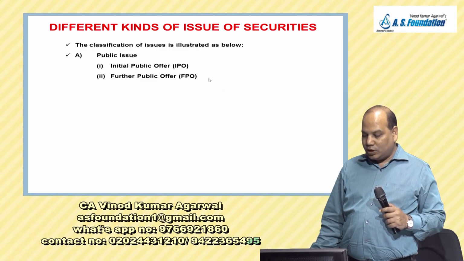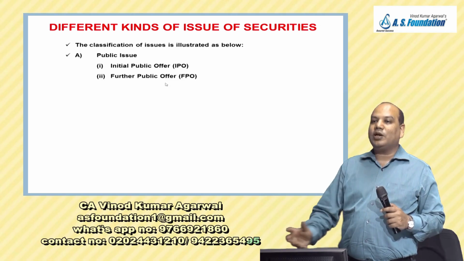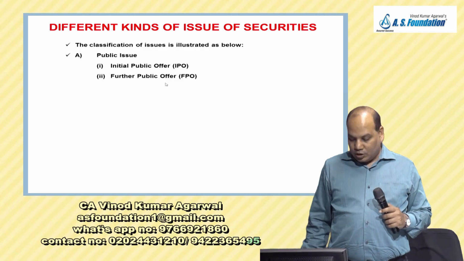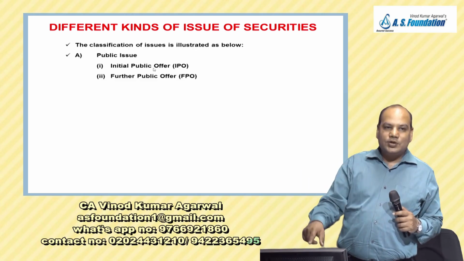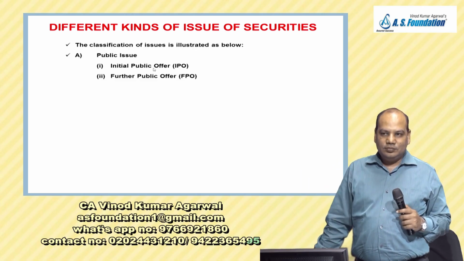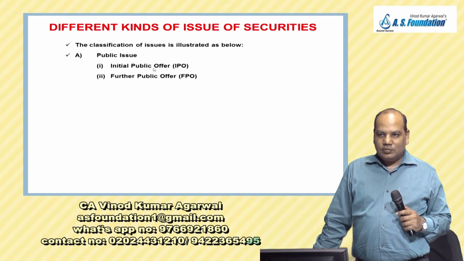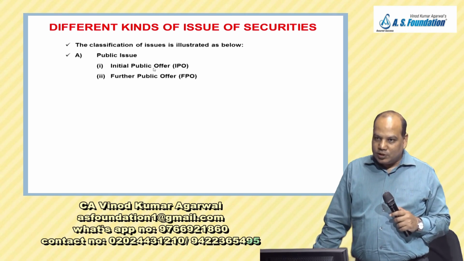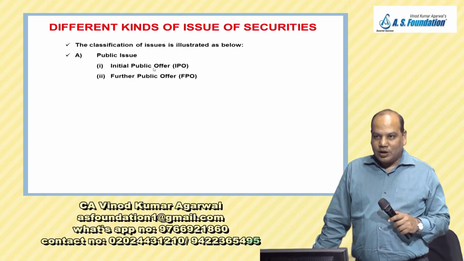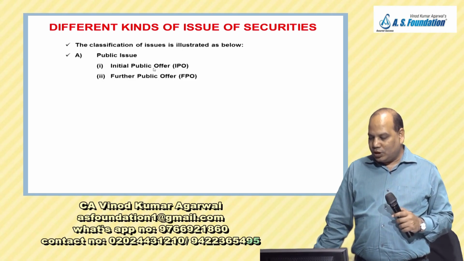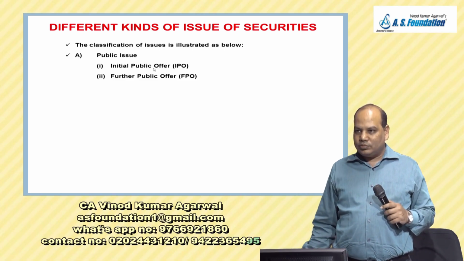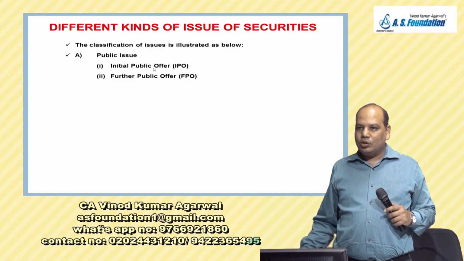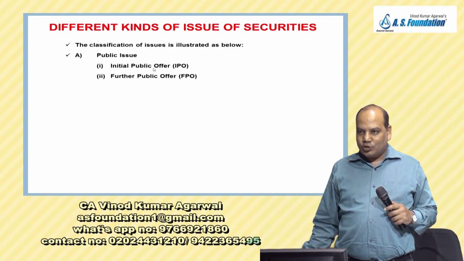That means a listed company wants to again make a public issue. Initial public offer is when an unlisted company, for the first time, was unlisted and now wants to make a public issue, IPO. It has got listed after 10 years, it wants more money from the shareholders. So it can either go for follow on public offer or right issue, or sometimes combo, that is called composite